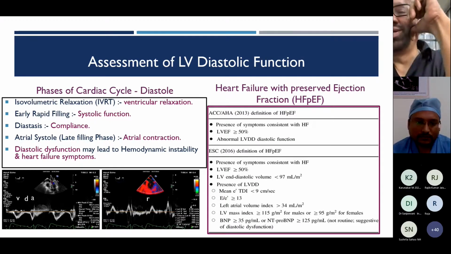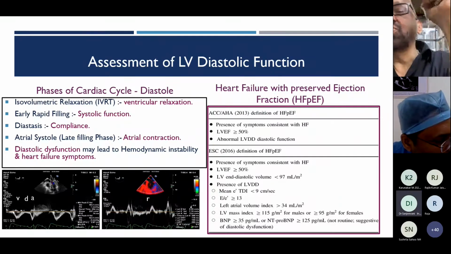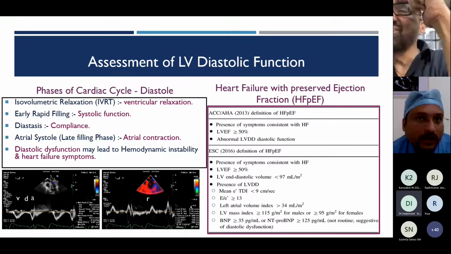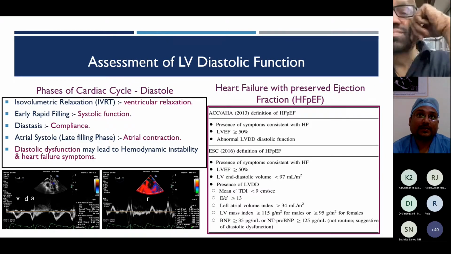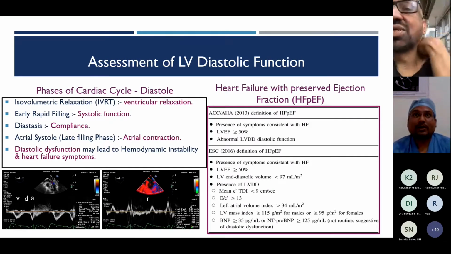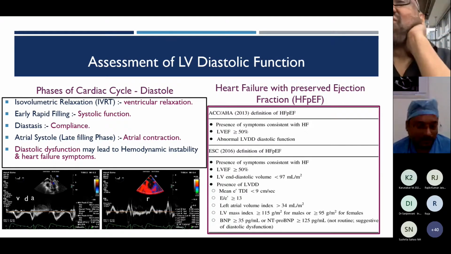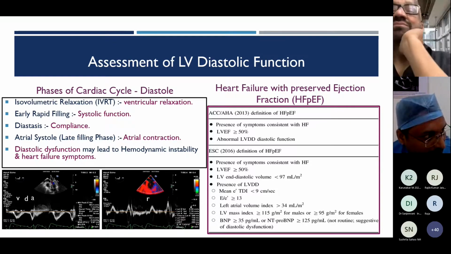How about the deep transgastric view? Sir, in the deep transgastric view, sometimes you get a 4-chamber view which is exactly the mirror image, exactly opposite to the mid-esophageal 4-chamber view, like an apical 4-chamber view. That will be the best view to get the LA volume. Okay, but the question is that we don't always get that same view in all patients. Okay, what is the role of TR velocity measurement for grading?